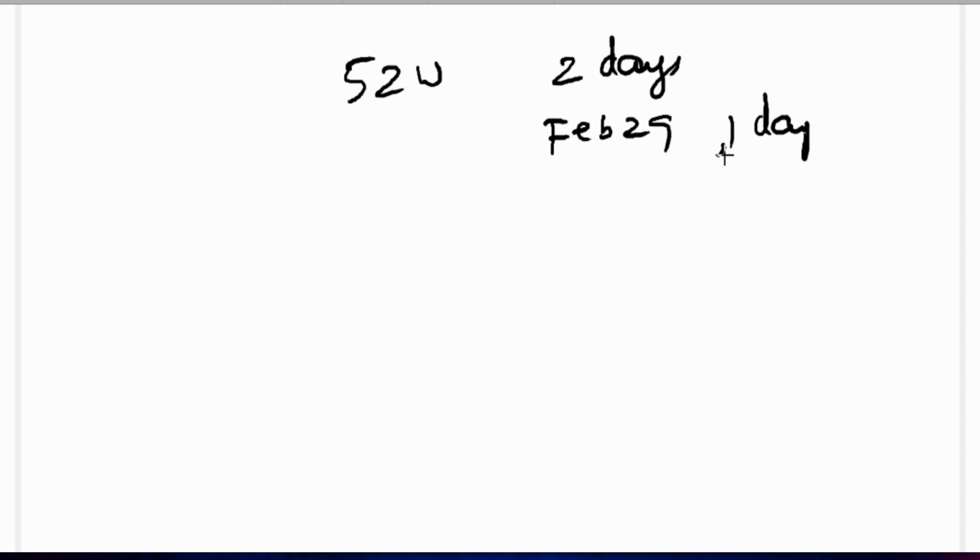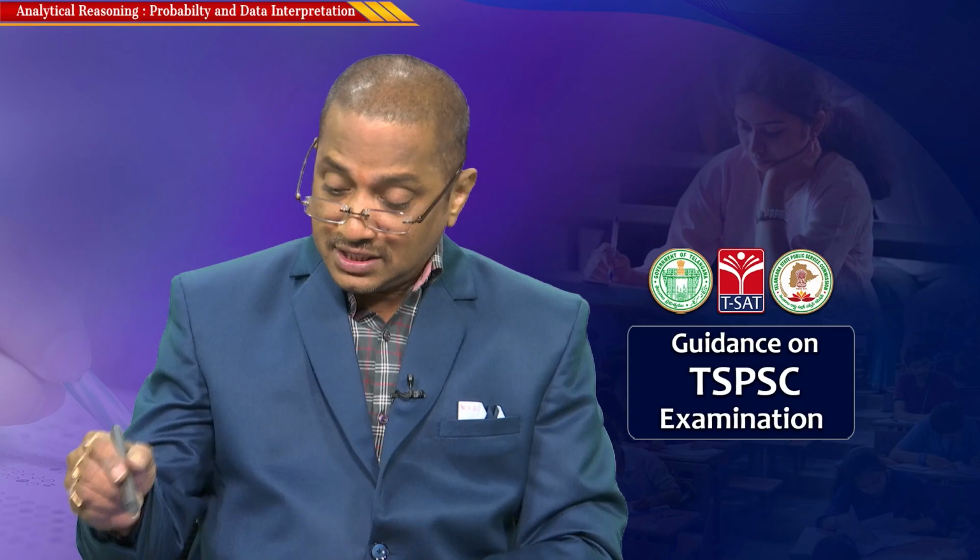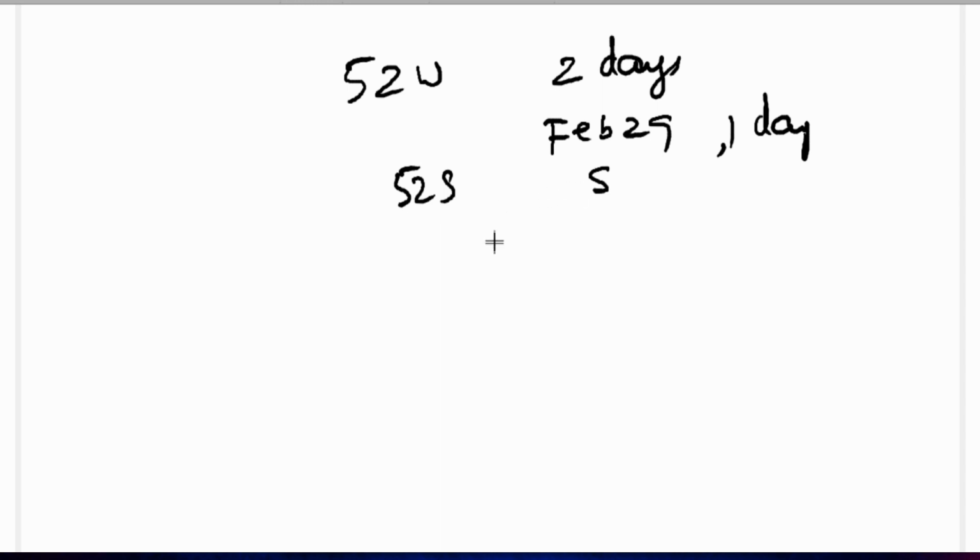So, the condition: if February 29 is also a Sunday, then we have 52 Sundays from 52 weeks. If February 29 is Sunday, then this odd day may be any one of the weekdays, so here we have 52 plus 1, that is 53. If this one is also a Sunday, then the probability of 54 Sundays in a leap year will be 1/7, because one day means one of the weekdays.